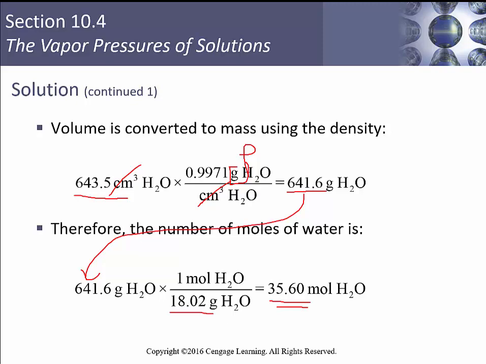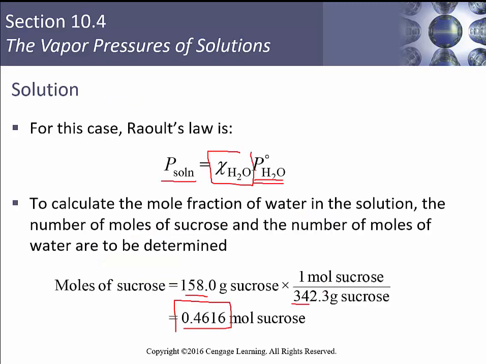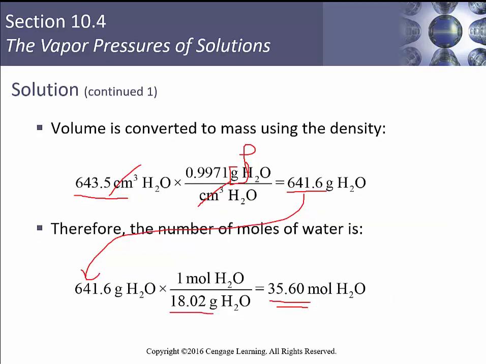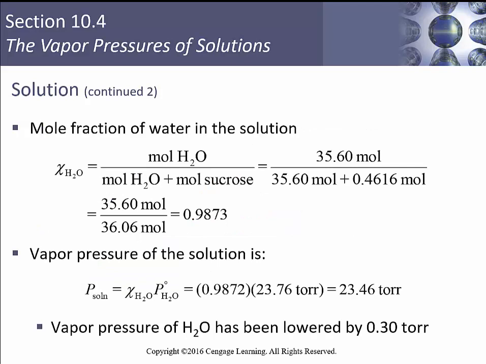We now know how many moles of water. We know how many moles of sucrose. We can calculate our value chi. So chi is going to be our moles of water divided by our total moles. So 35.6 divided by 35.6 plus 0.4616. So 35.6 divided by 36.06, and we get 0.9873 is our mole fraction